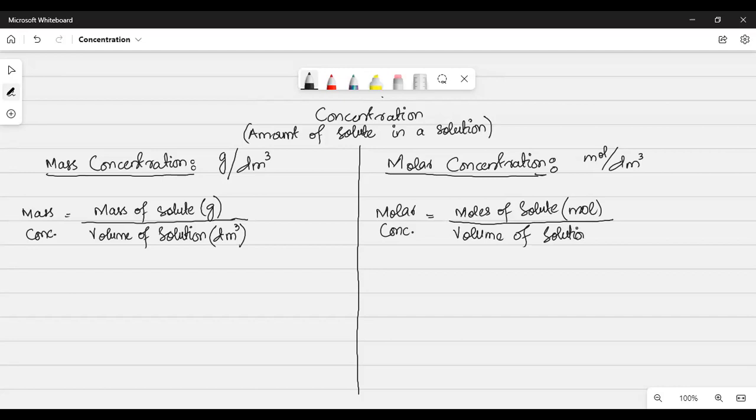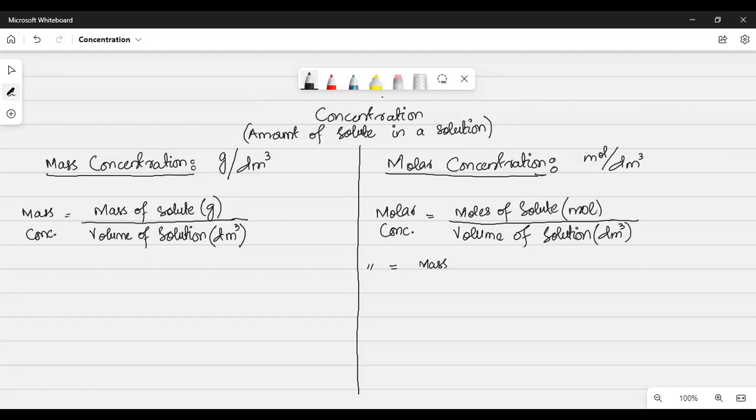And again, the volume of solution is considered in the standard units of decimeter cube. Now, this gives us the idea that we might need to go for another formula to complete this formula itself. Since the numerator is moles of solute, that means we might need to work with the mole formula first and then put it over here. Yeah, that's true. That's why sometimes we expand this formula, and this formula can also be given as